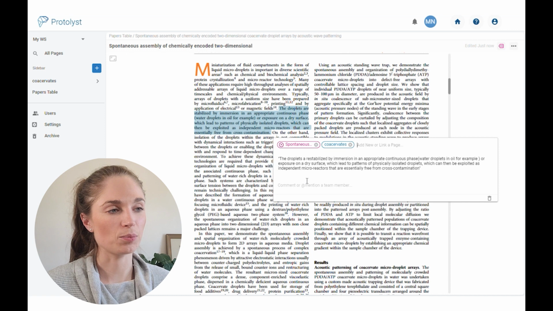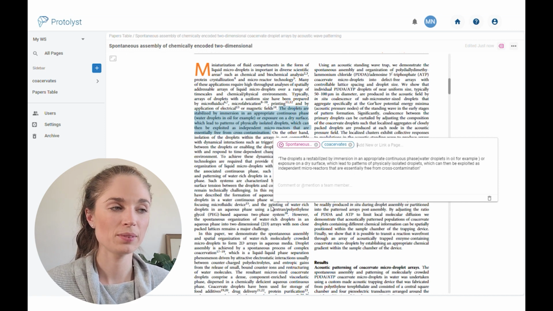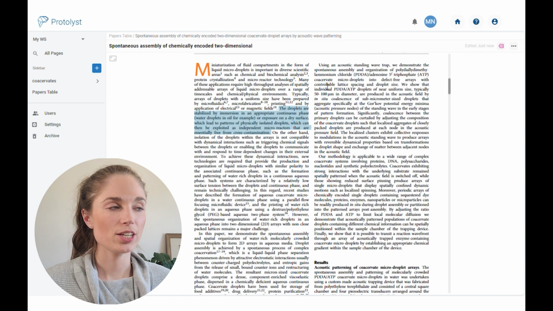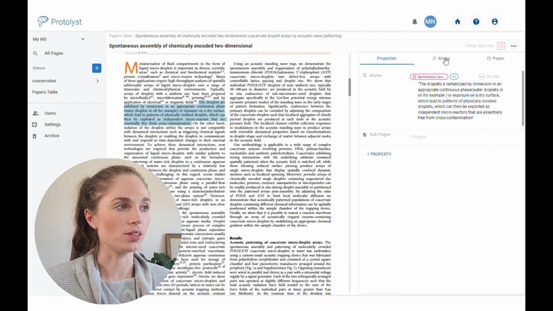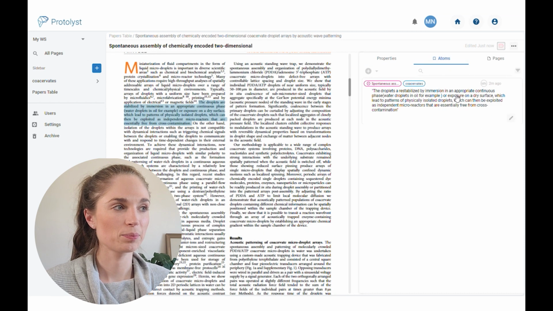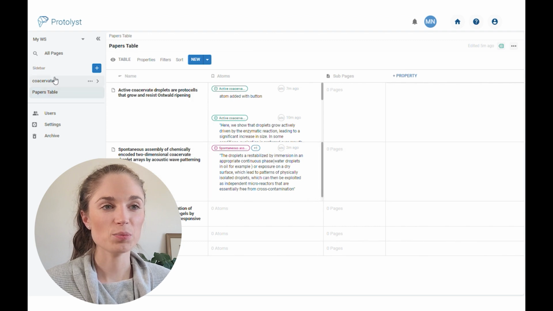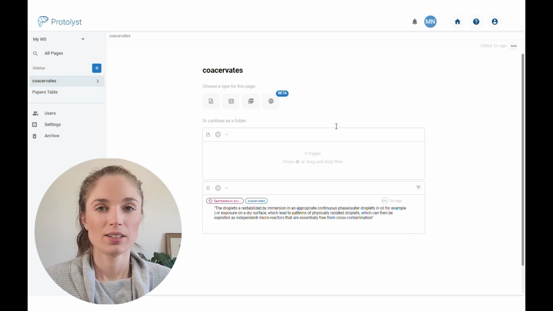So the atom will display as an atom of this page where I captured it, and it will also display as an atom of the coactivates page which I just created. So in the page, I can view the atoms by using the properties bar and the atoms tab. I could also jump back up to the paper, close that properties bar, see that the atom appears here in my table. And if I jump to coactivates,